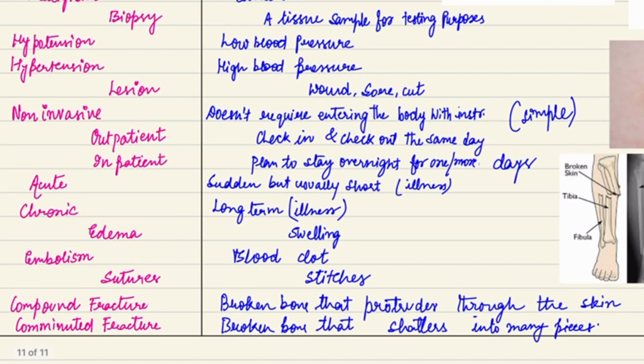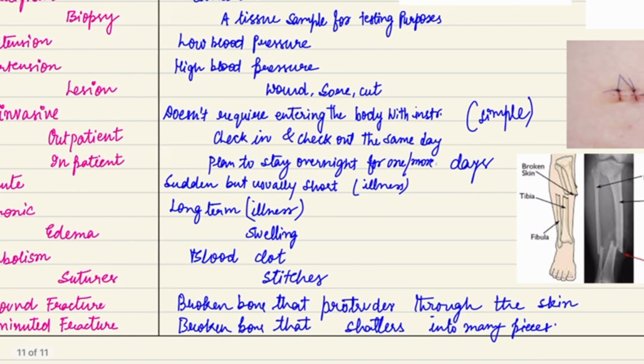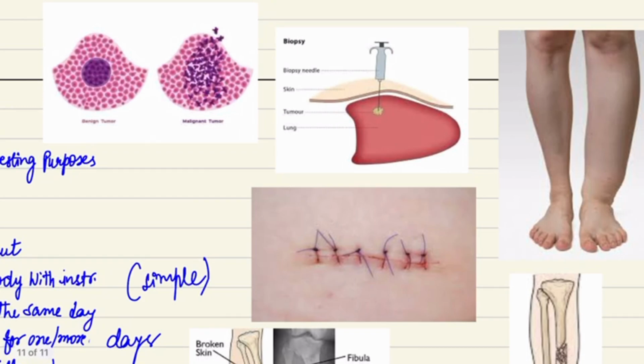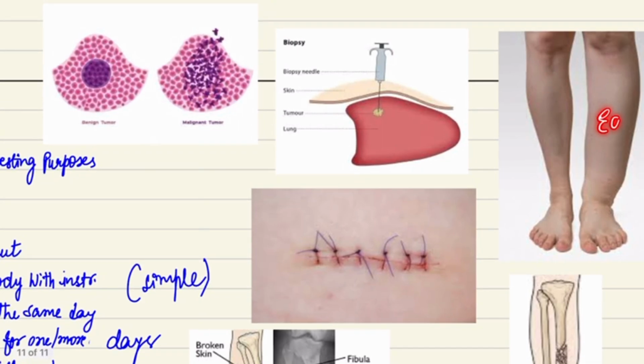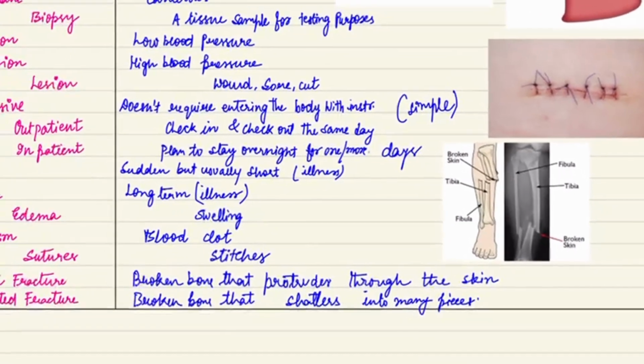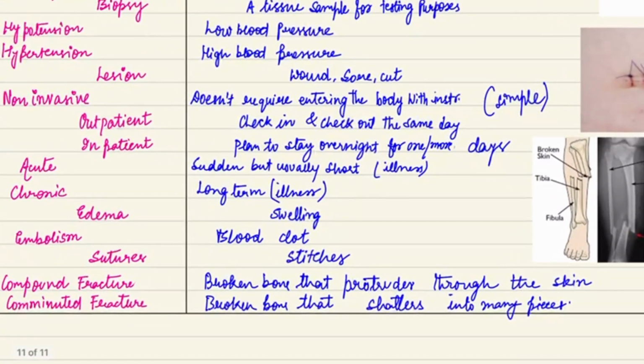So chronic illness. Now we have another term which is called edema. Simply, edema means swelling. You can see two legs here together, in which this one is normal and this one is an edematous leg. So edema can be seen easily. You can see how the inflammation has occurred and how the swelling is there. The medical term for swelling is edema.